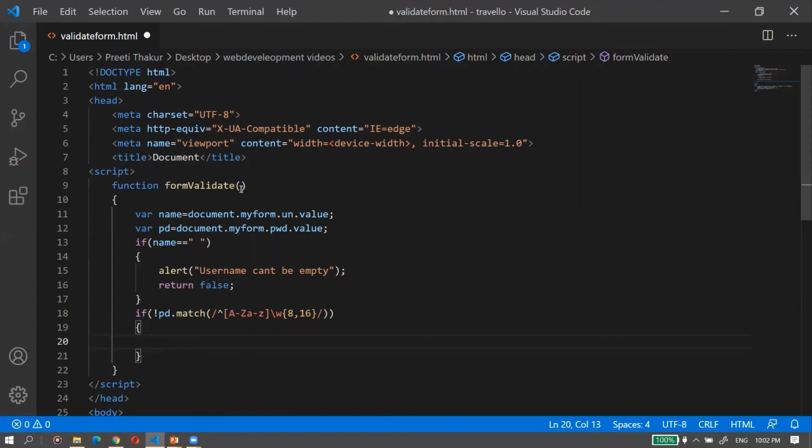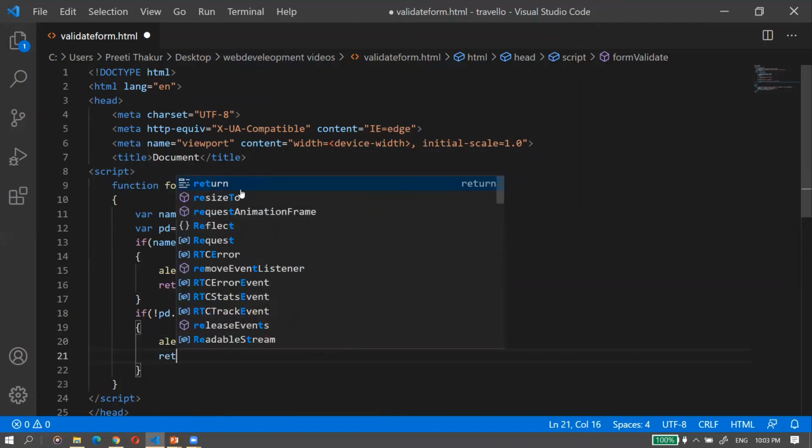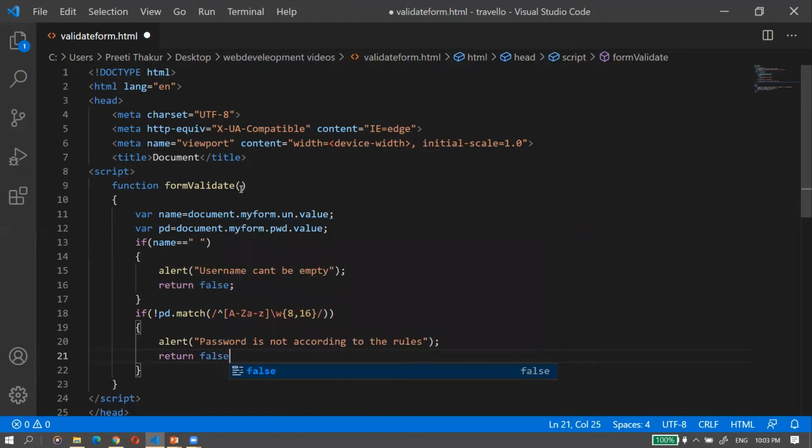So I'm giving it like alert "password is not according to the rules." Return false. Right. So in this way, I have written my script where I'm validating this username and password.